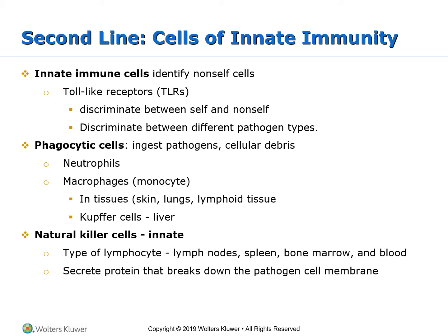We will look now at the second line of the innate immunity. Let's say that the pathogen was able to progress through the first line of defense. Now it will encounter a second line that is defined by a number of internal activities that the body is able to defend itself against pathogens. And as I said before, they are non-specific. They will be activated no matter what type of pathogen will be